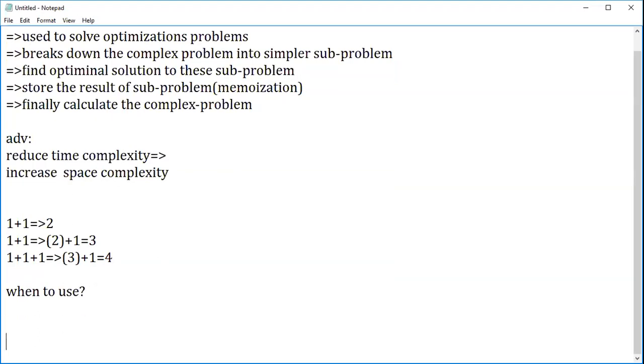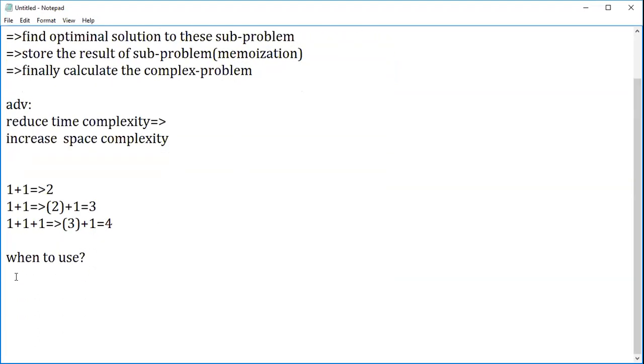When you come across this question, there are two concepts, guys. Whenever you come across an overlapping subproblem, where the same problem has to be derived again, you make use of this dynamic approach.